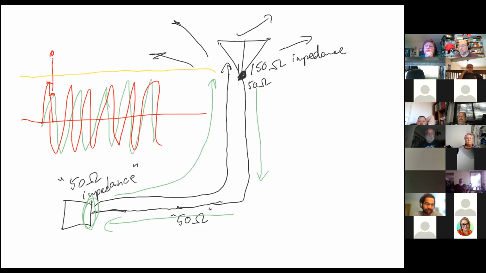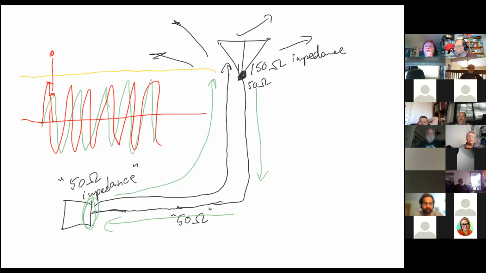Can blow up. You'll let the smoke out, as they say. It goes to the shop. That's right. It goes to the shop. Sometimes you can replace it and sometimes you can't. So that is why it's important to get an impedance match, which basically allows you to transfer power happily into